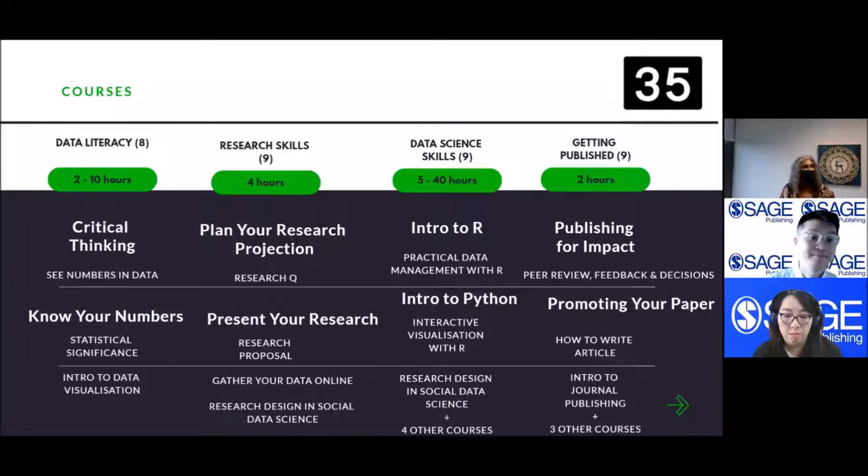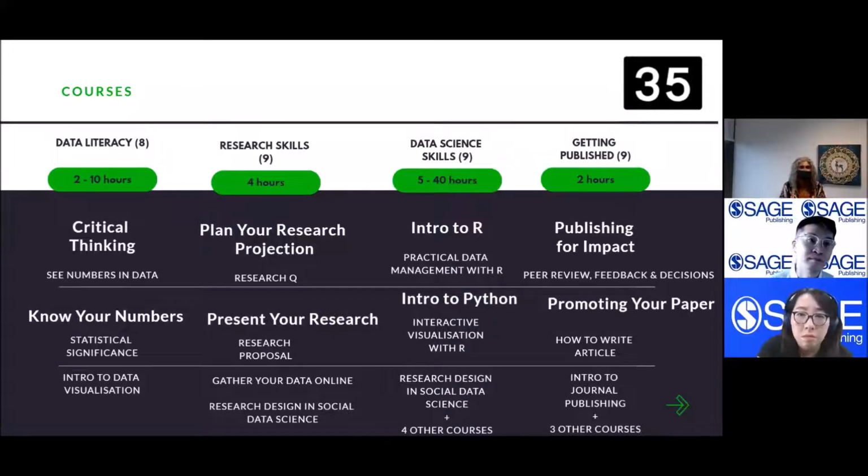formed. But obviously, if you already know your data, you can start with data science skills first. But this is on the assumption that you have no understanding of any one of these, and it takes you a very guided tour of what you need to do. And later on, you also see at each of these courses, it will tell you the level, as I mentioned earlier, plus it will give you a brief description of what the courses are all about so that you understand